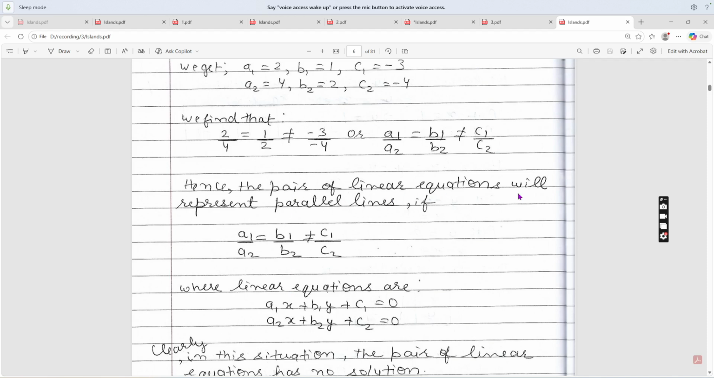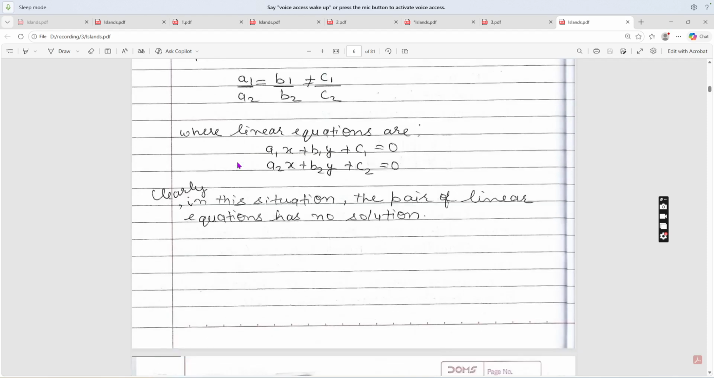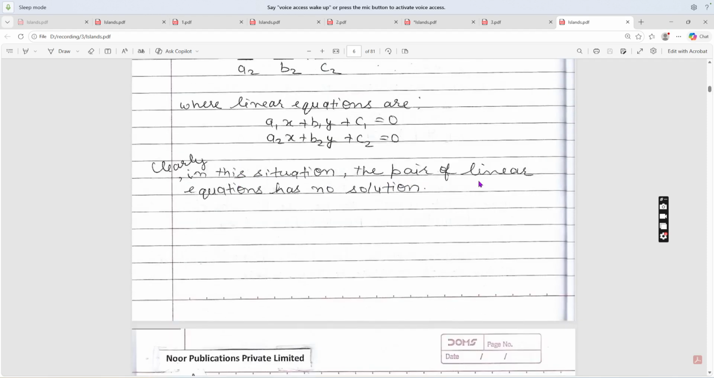Hence, the pair of linear equations will represent parallel lines if A1 upon A2 is equal to B1 upon B2 is not equal to C1 upon C2. Clearly, in this situation, the pair of linear equations has no solution. So in these three questions, we have taken all the varieties of the three different arrangements